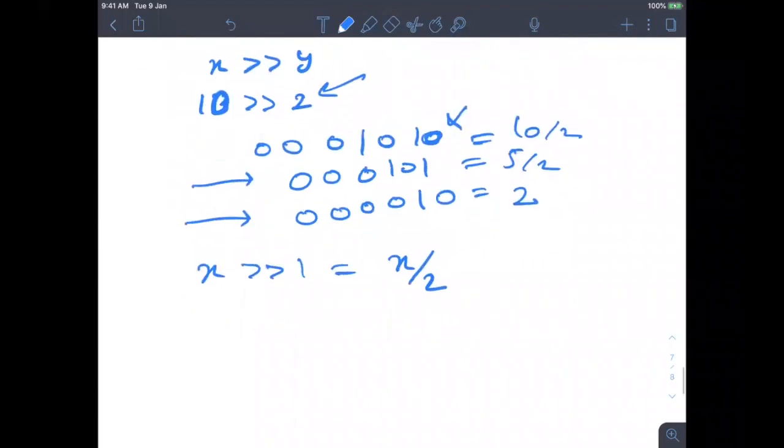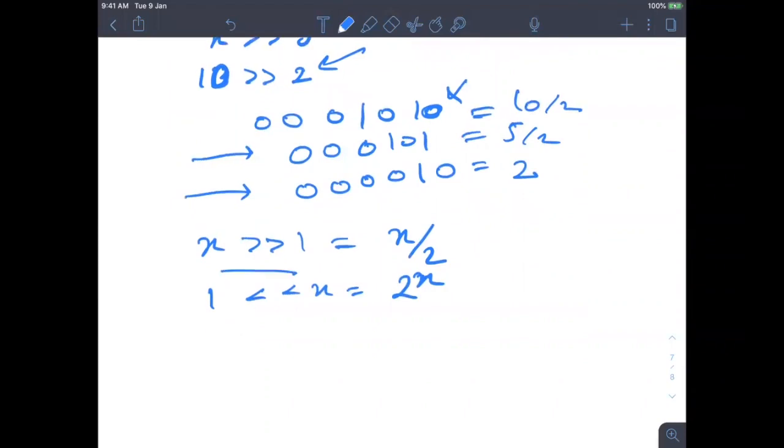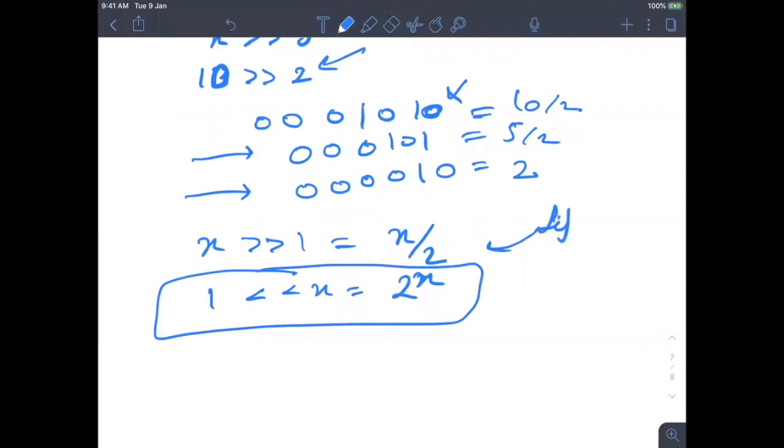And in general, x right shift n is x divided by 2 to the power n. So right shift is not that important. All you need to remember is the left shift operator. We're going to use this in the coming topic.